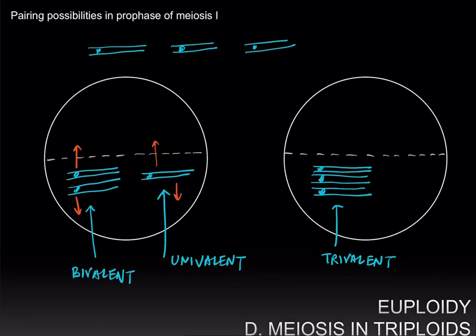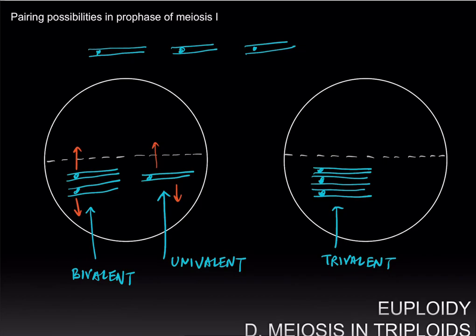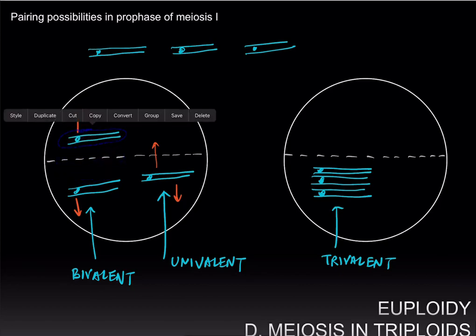Irrespective of the choice the univalent makes, in segregating, we will always end up with 2 chromatids on one side of the metaphase plate and 1 chromatid on the other side of the metaphase plate, resulting in 1 haploid gamete